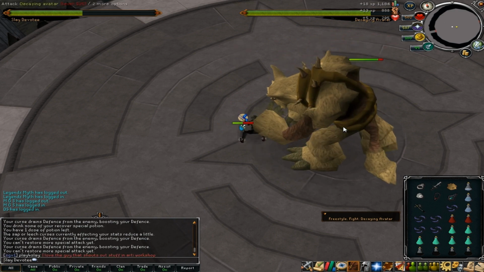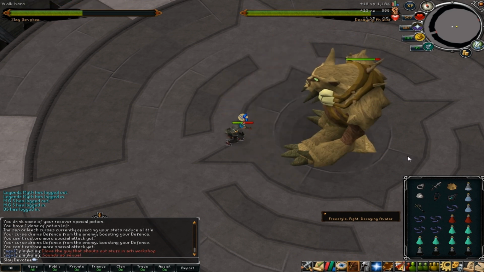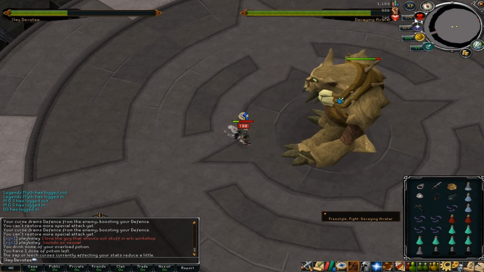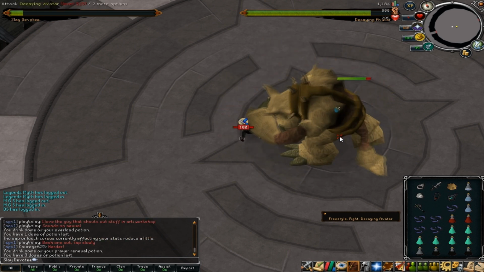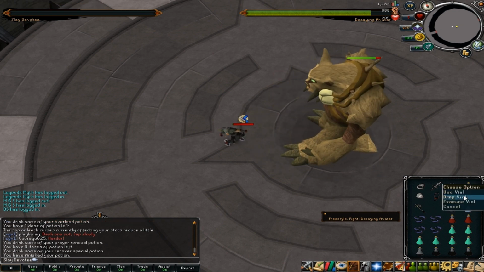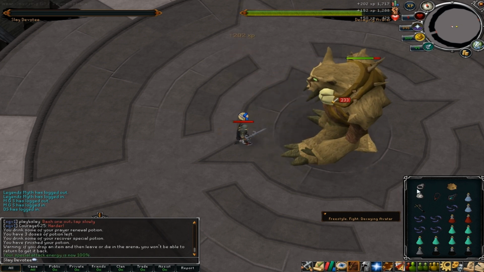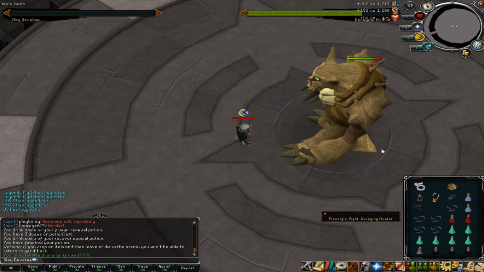And it's really not worth it to wait for a new spec bar if you could just die for it. Now my health is gone over 500, so I'm just gonna overload so I get low health. You could just drink a prayer renewal as well, that would be a good idea. And it should say in the chat bar when I've got full spec again, because now I won't be there. It says 100 points, and we get